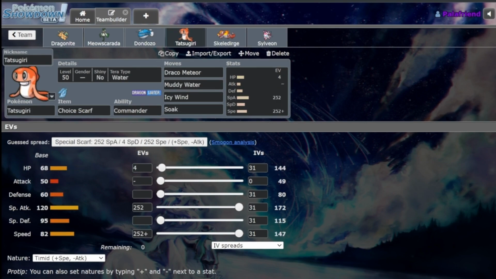Moving on to Tatsugiri, this is the other part of the Dozogiri pair obviously, and this is a standard Choice Scarf set. Soak can pick up crazy OHKOs with Terra Grass Meowscarada on lead, although it does feel like a bit of a gimmick in an open sheet format. A consistent single target attack like Dragon Pulse or Chilling Water could be better to reliably close out games with Scarf, but the threat of picking up an OHKO with that Soak combo can provide cover for an Icy Wind